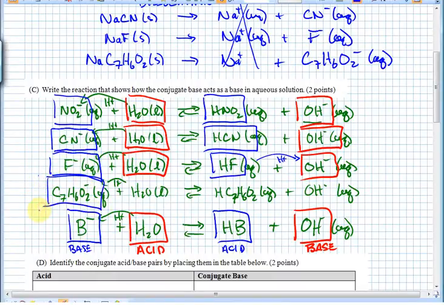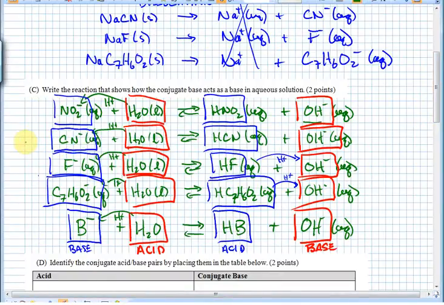Benzoate ion is the base, it's accepting the proton. Benzoic acid is the conjugate acid. It's going to donate the proton on this side of the reaction. And again, water is the acid, hydroxide is the conjugate base. All right, so